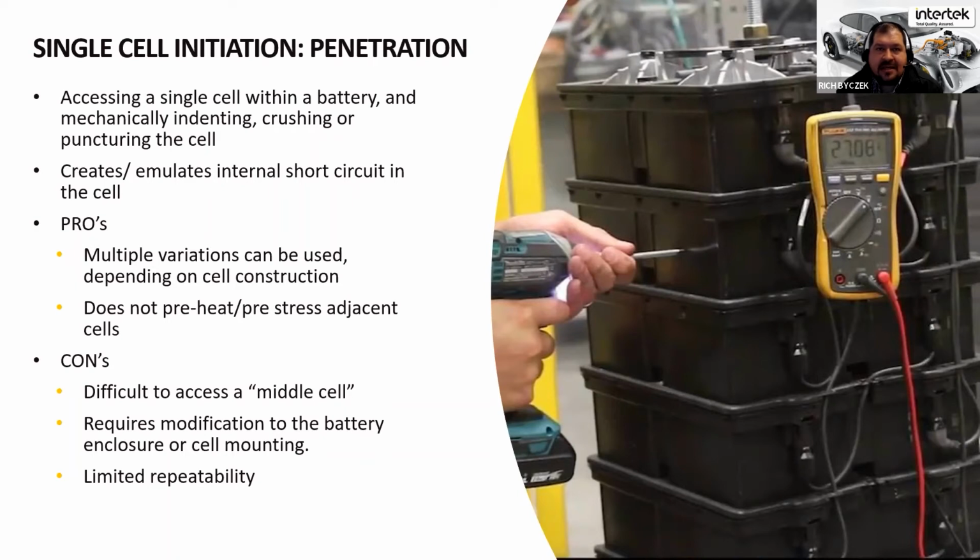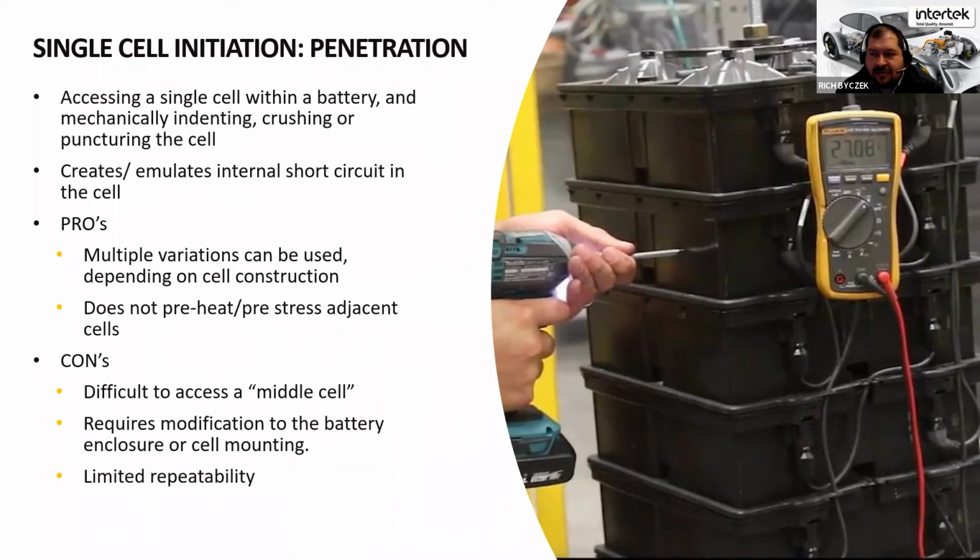We want to see, if you will, a worst case event at the cell level, that when I test it at the cell level, I can have confidence that I'm going to see a similar reaction once I install it in the battery. That when I use the same method of triggering that event, I'm going to get the same level of heat. I'm going to get the same level of flame from that cell. I'm going to get the same directionality of those flame and heat, so that I should be able to give the worst case heating to adjacent cells.